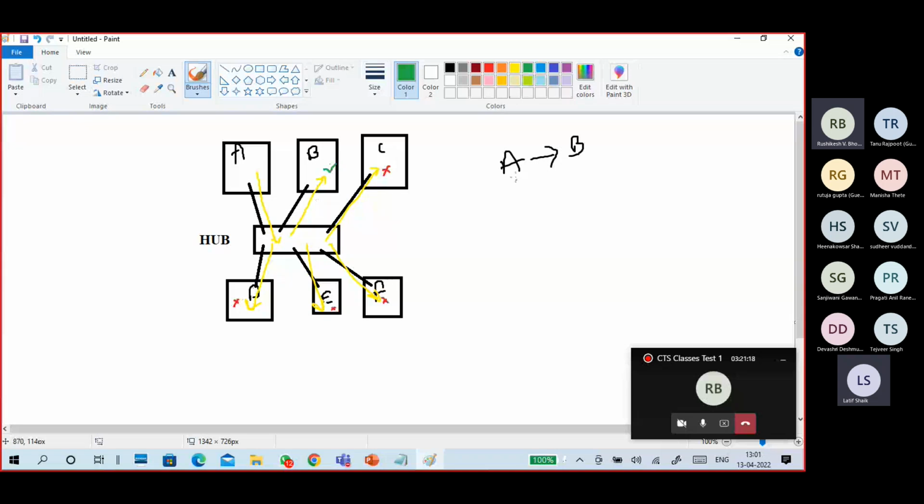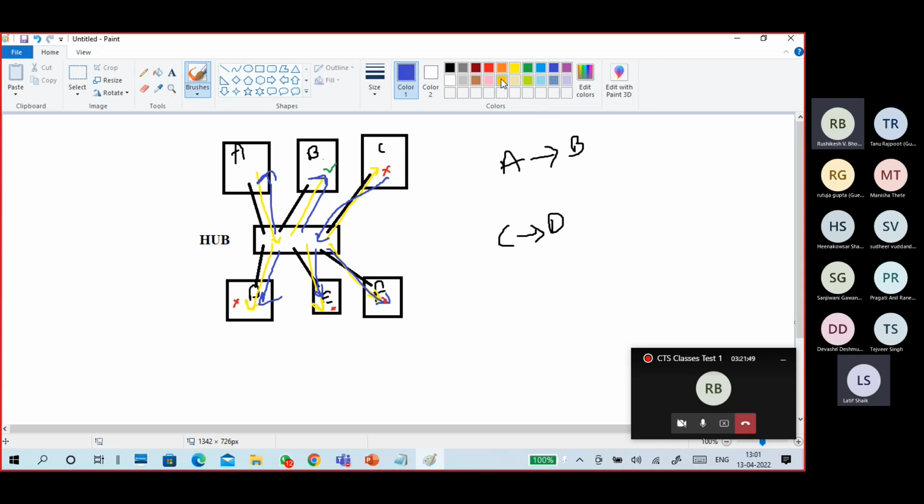Same goes with other things. For example, I want to send a packet from C to D. C sends a packet, the packet is received by the hub. The hub distributes the packet to B, A, D, E, F. It broadcasts to everyone.